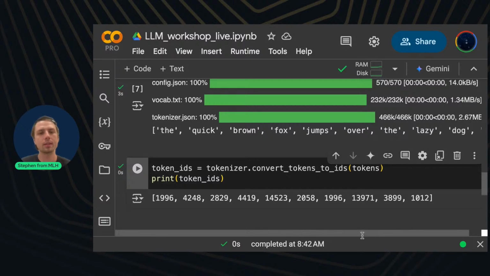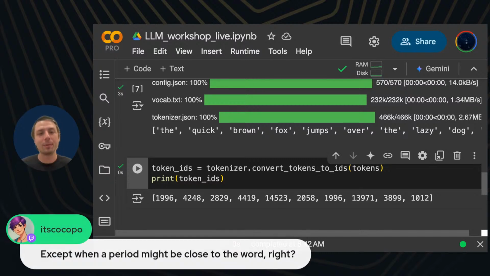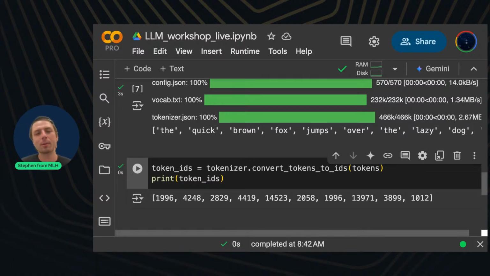Like, for example, let's think about this. If I told you the, okay, that's your first word, the. What's the probability that there's a space, right? Ah, good point. There could be a period, right? So if I tell you my first word is the, and I'm also telling you that there's no punctuation, what's the probability that there's a space? So if there's no punctuation, there probably would be a space. So I think it's sort of inferred that if you're not going to put a punctuation, then there's a space.